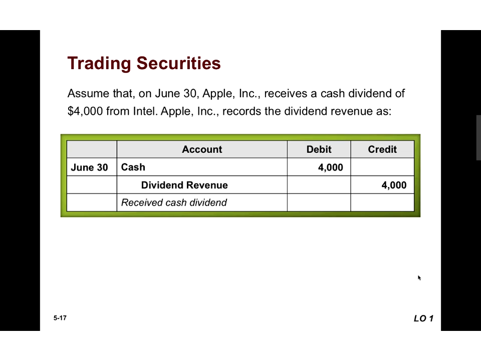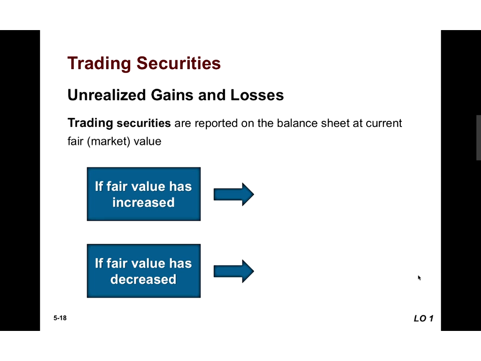We had a basic principle in the first couple weeks of class called the historical cost principle that says when we buy something, we record it at its historical cost, and then we keep it on our books at historical cost. And that's true for most things. However, for trading securities, we are going to mark these to current market. So this is where we're going to say, what's the current market value? And then we're going to reclassify that. We're going to have something called an unrealized gain or loss.